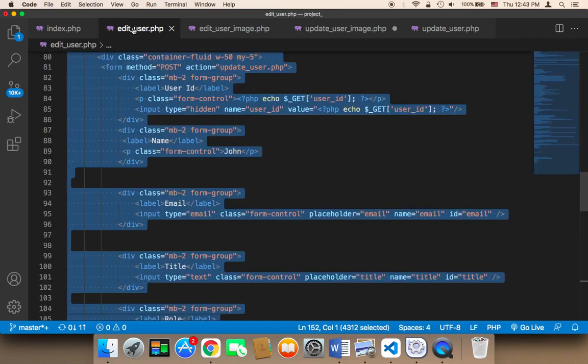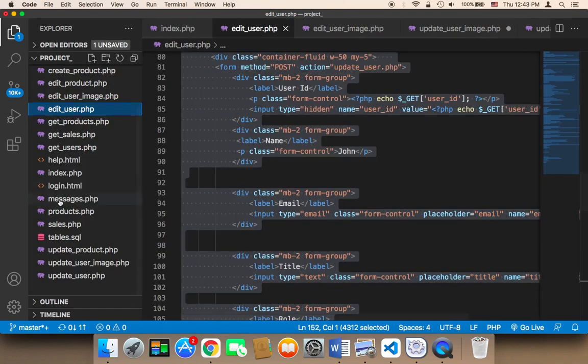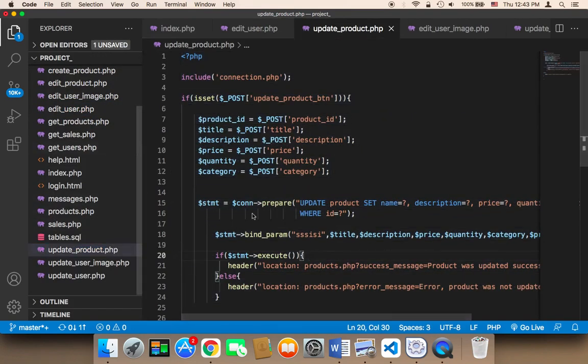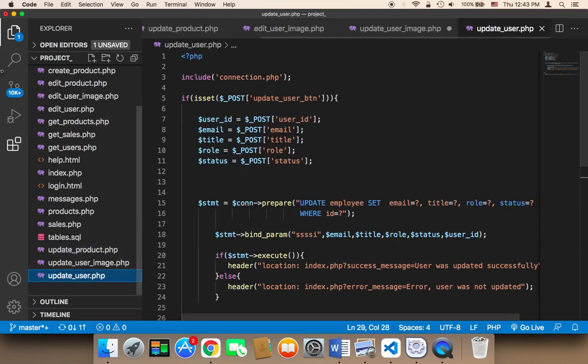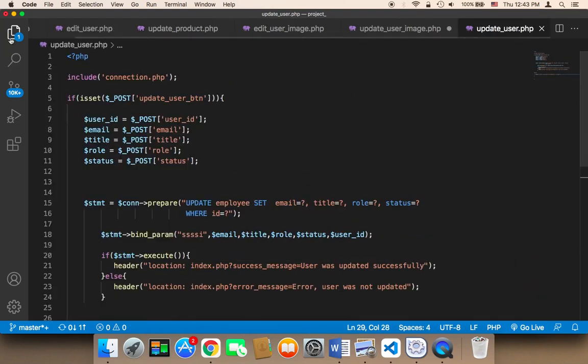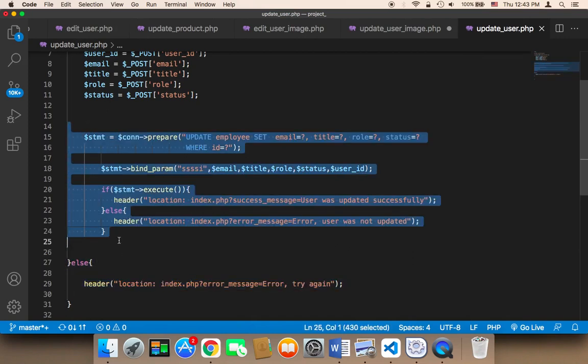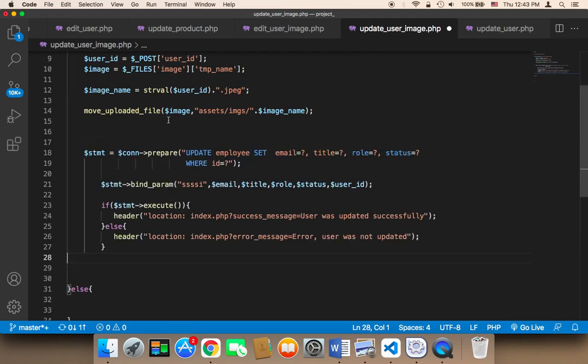Let me get the code from the update product. I think here we already have update user. We can get it from the update user. So I'm going to get this code, copy it, and then paste it in the update user image here. And we need to change here. We need to say update employee set